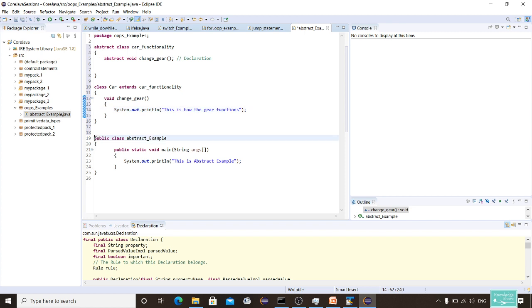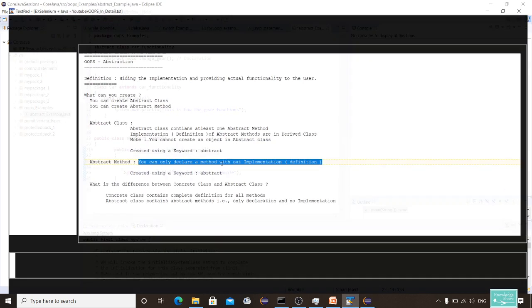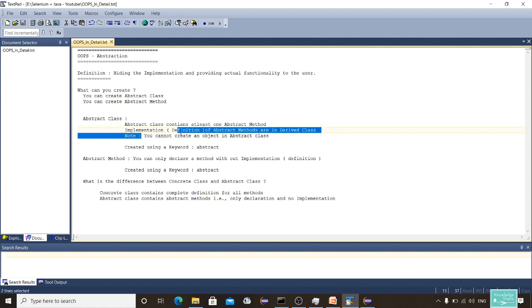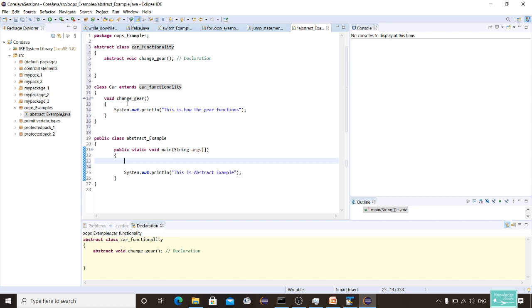Now I have the main method of the main class. Now I have to create an object. As I said in these notes, you cannot create an object of an abstract class. You need to call this gear method now, but you cannot create an object of the car functionality abstract class. You have to create an object for car, right?